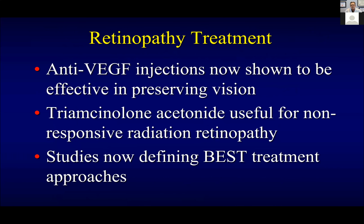Steroid injection, which is the triamcinolone acetonide, may elevate the pressure, and it also is associated with progression of cataract. So what we're talking about is looking at studies that would define the best treatment for our patients. The study I'm going to talk to you about is kind of unique, and the reason it's unique is